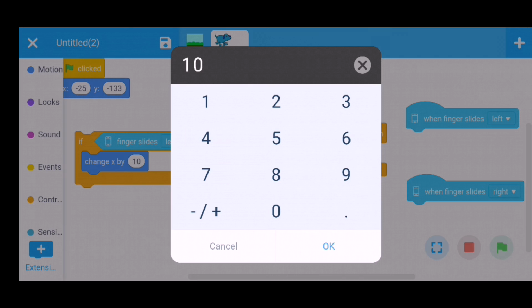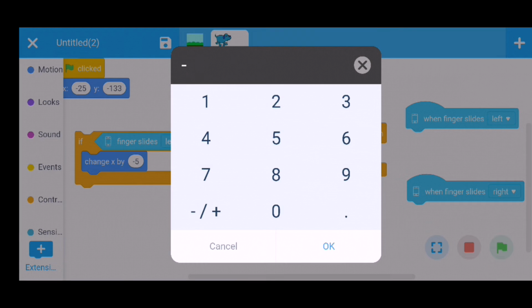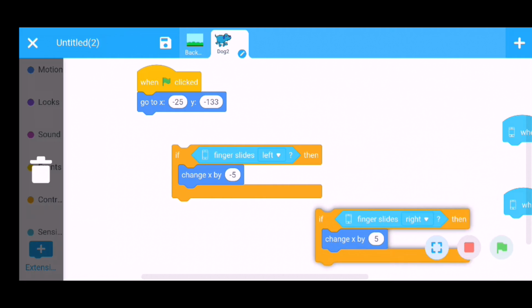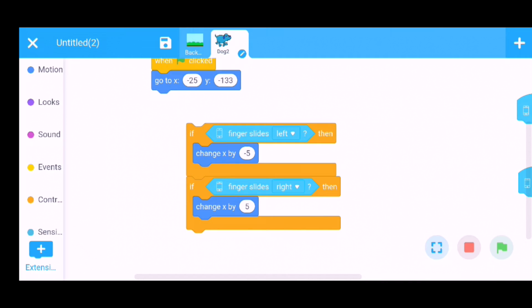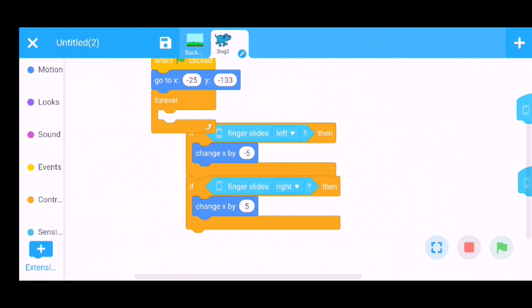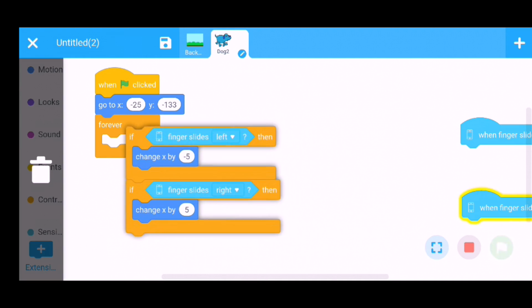Choose the sign left for minus 10. I have replaced 10 with 5. Minus 5 and there plus 5. Join this, use the forever command. Put this set of commands in the forever loop.